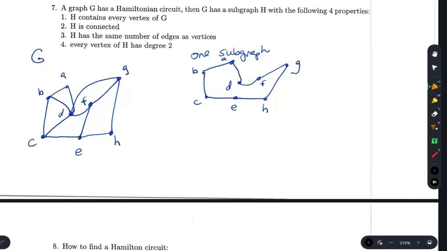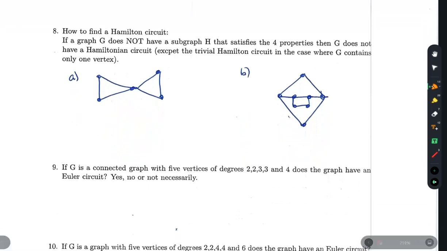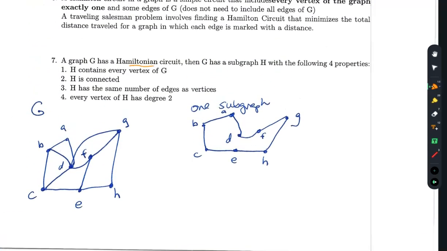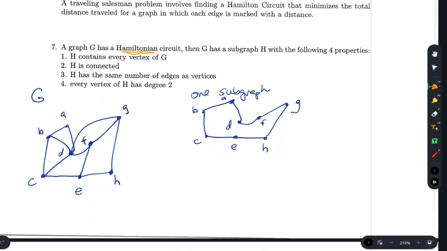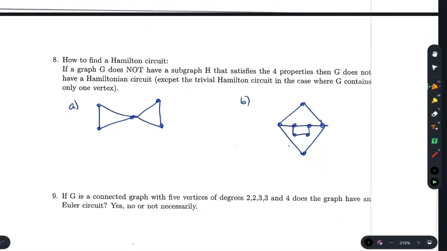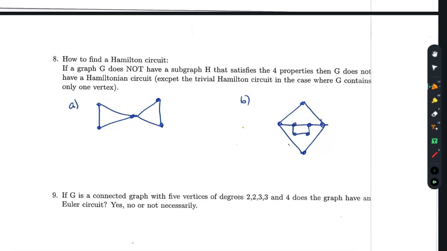Okay, so then I had you do those, finding out whether there's a Hamilton circuit. So Hamilton is the salesman, and he doesn't want to go to cities more than once, right? So every vertex exactly once. So we want to make sure that we have every vertex of degree 2. Looking at this one, is it possible to eliminate edges? That's what we're trying to do, to find out if I can make every vertex of degree 2. Well, if I eliminate that edge, this one's still going to have a degree 2, and then here,